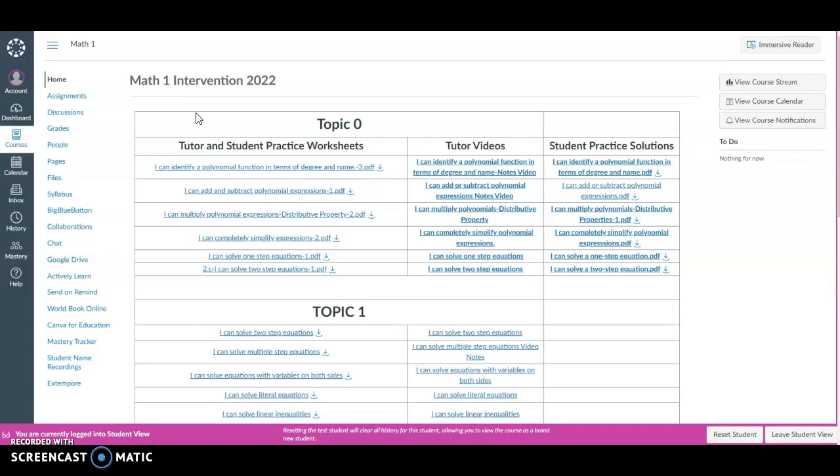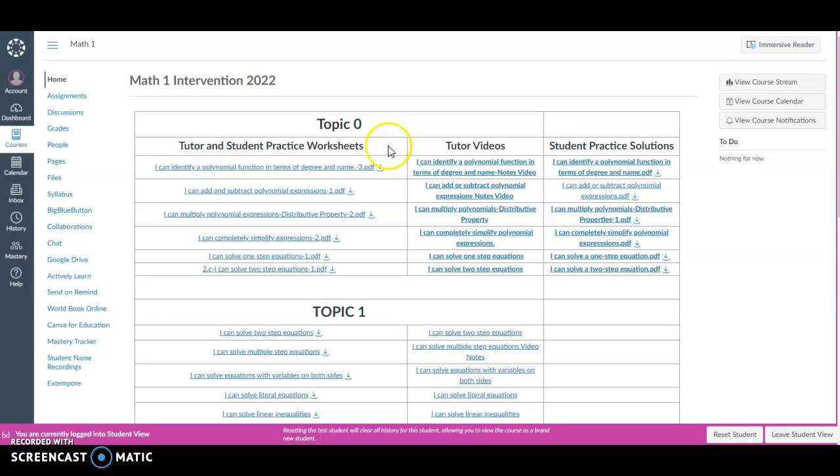Our goal is to reteach you some of these topics and retake the exams to hopefully improve your grade so that you can earn credit for the first semester of Math 1. Each of you will receive a binder that includes all of the tutor and student practice worksheets in addition to unit reviews